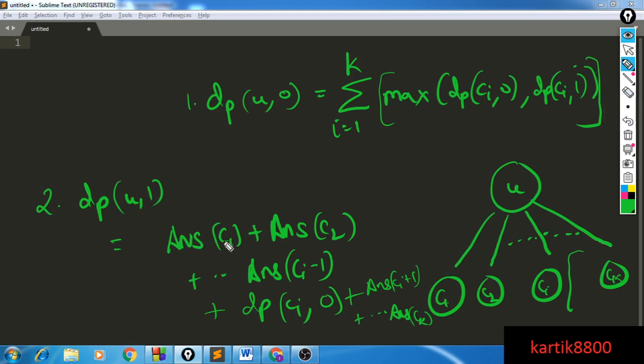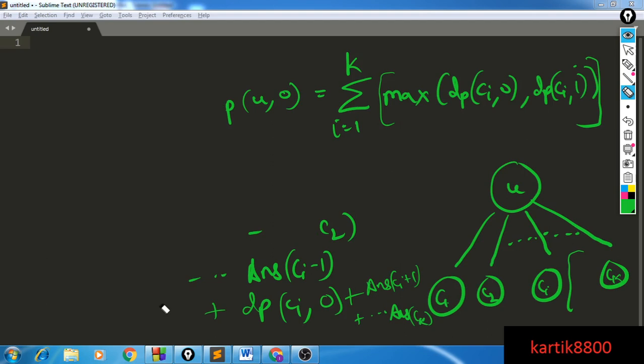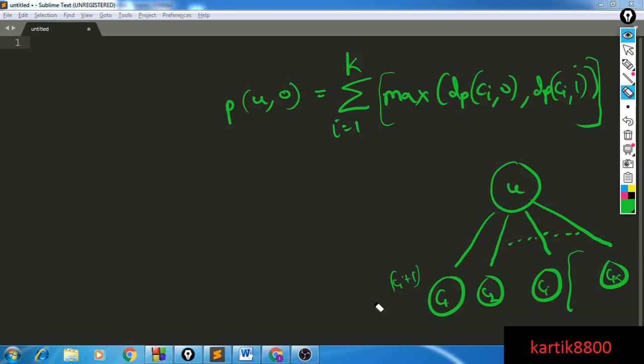But if I evaluate this particular thing again and again, it's going to be pretty slow. So what I'll do is use prefix and suffix sums. Instead of evaluating answer of c1 till answer of ci minus 1, I will have a prefix sum array that will give me the sum of the answers till the ci-th node, and similarly I will have a suffix array that will give me the right portion, from answer of ck till answer of some node ci.